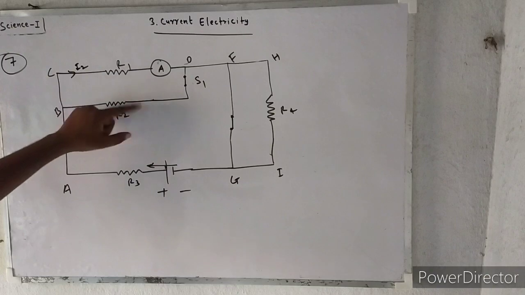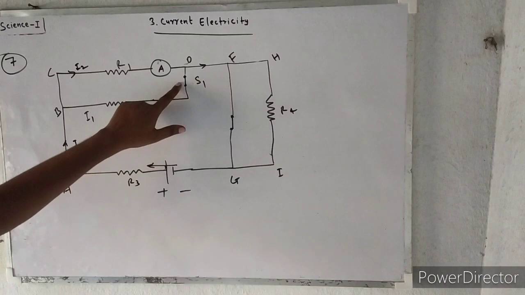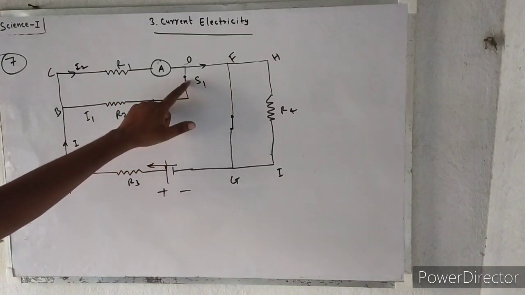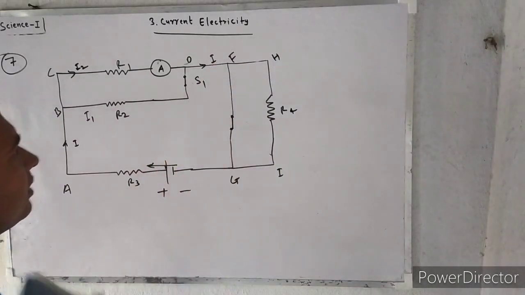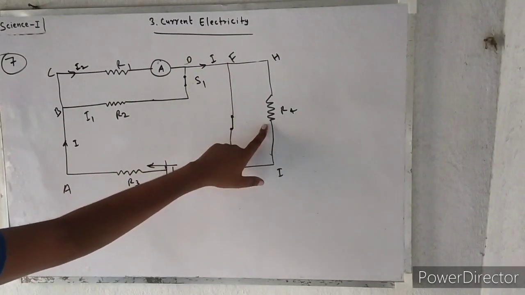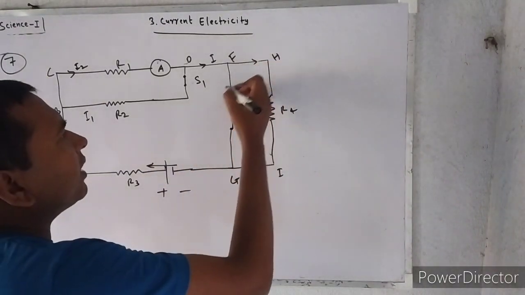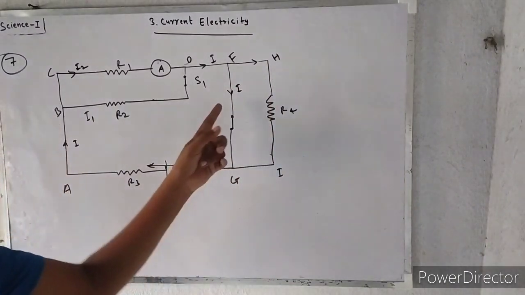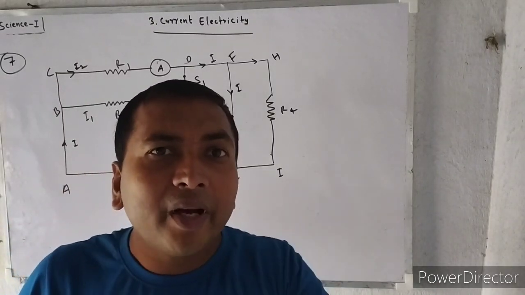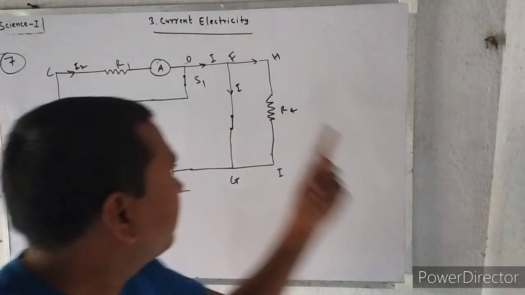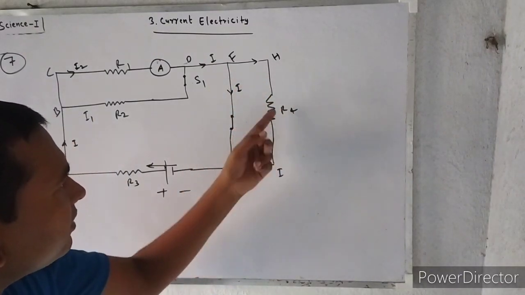And again this current will come here, and here will be current again because the switch is closed. So this current will come this side and this current will come at point D. And again here I will be here, and current will not go in this branch. All current will flow from here. The reason is current always follows those paths having minimum resistance. Since there is no resistance, current will not flow through the resistance R4.